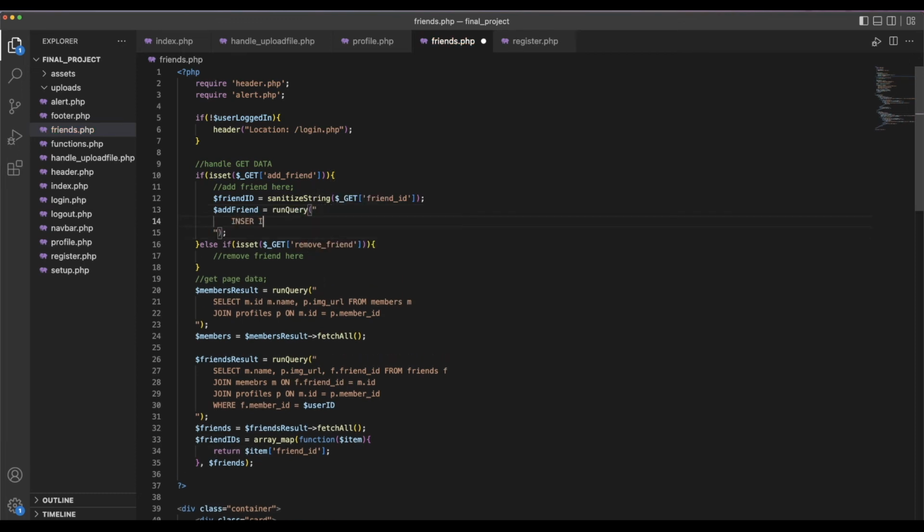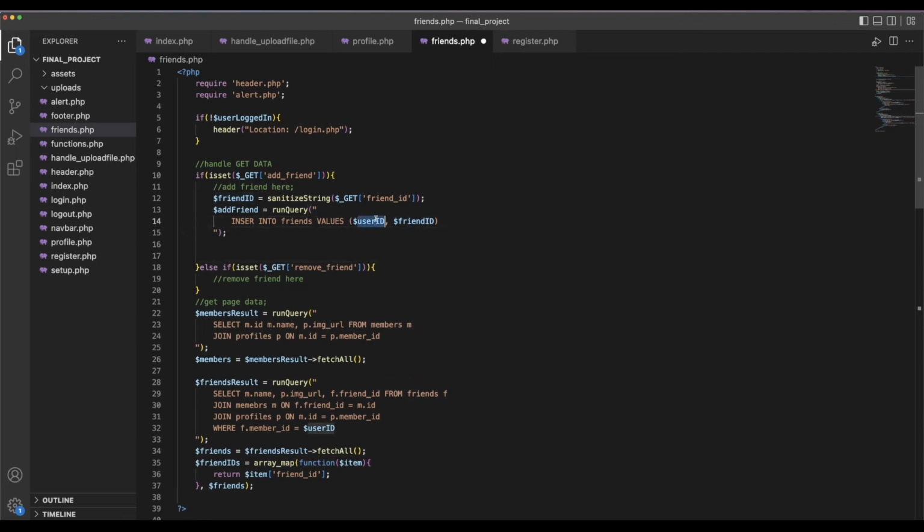So we'll do insert into friends values user ID and friend ID, right? And this will be the member ID and the friend ID basically. Now, if you're wondering where we get this, again, we get this from the functions.php,